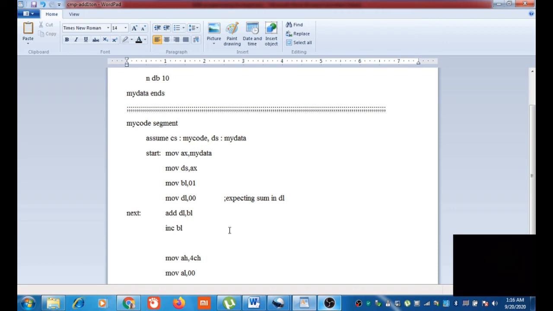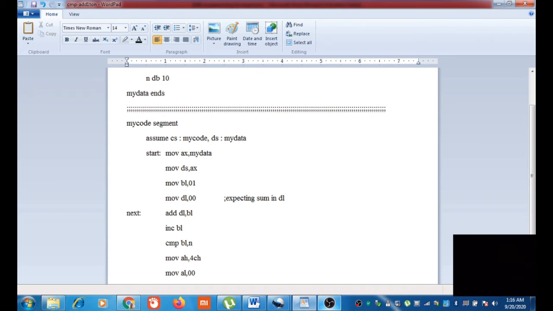So we need an instruction which will compare whether BL reached n. We have an instruction CMP. We are comparing BL comma n, checking whether BL reached n.